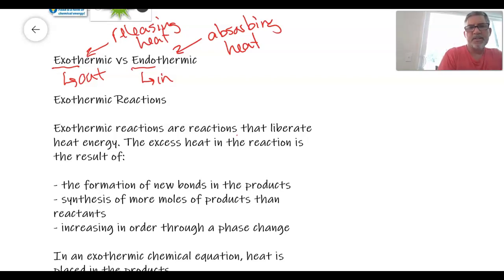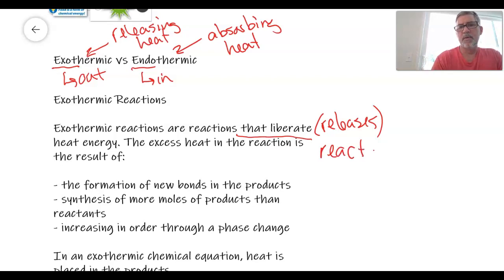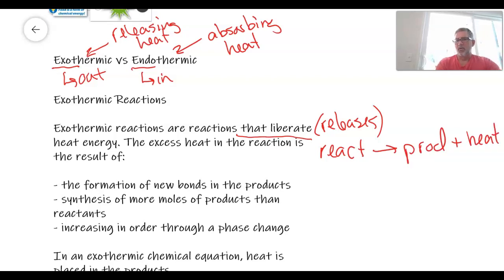So they are reactions that liberate, right? It's a fancy way of saying releases, right? Releases heat energy. So if we have reactants yield products plus heat. So an exothermic reaction will release heat. Remember the laws of conservation. So mass is conserved, matter is conserved, and energy is conserved as well. So we can say here